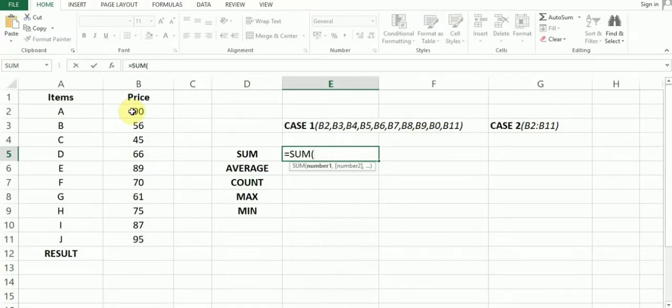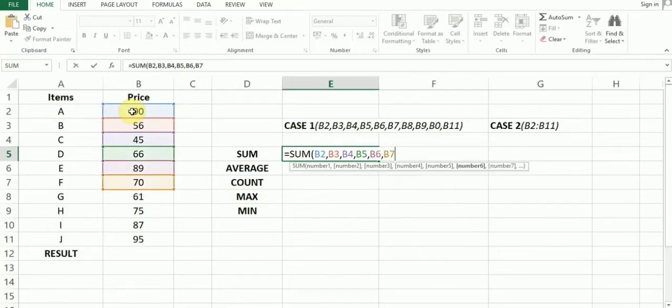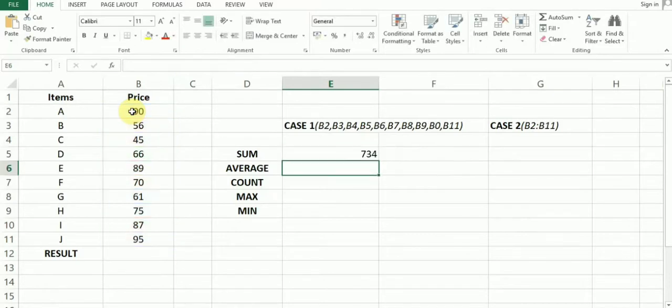This is column B and row 2. So we'll be writing B2, comma, B3, B4, B5, B6, B7, B8, B9, B10 and the last, that is B11, and close the bracket. Click on enter. You'll see the sum has been displayed.